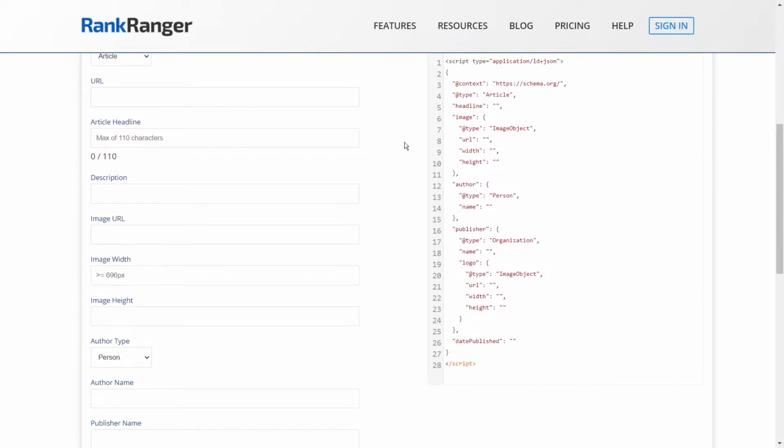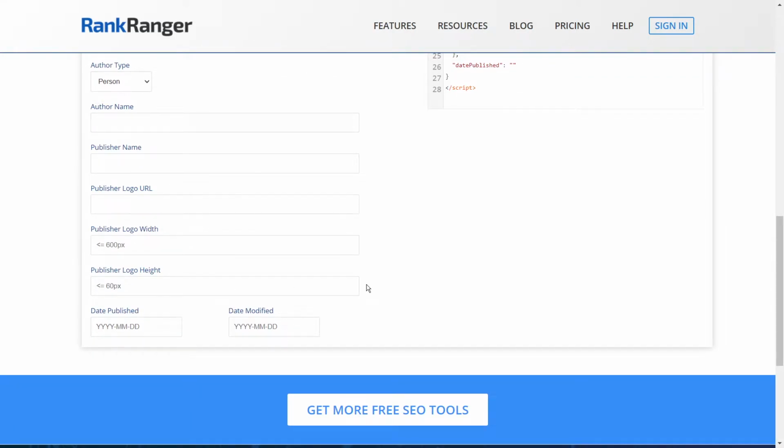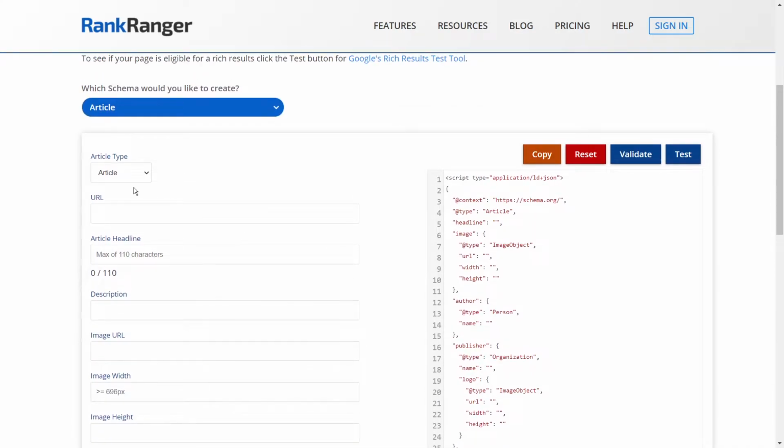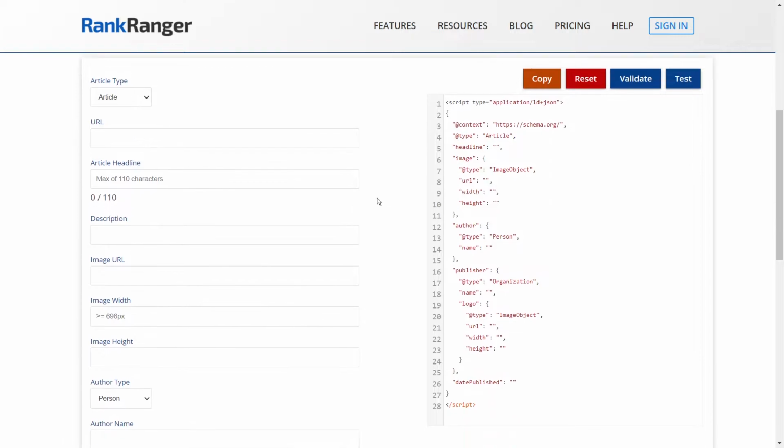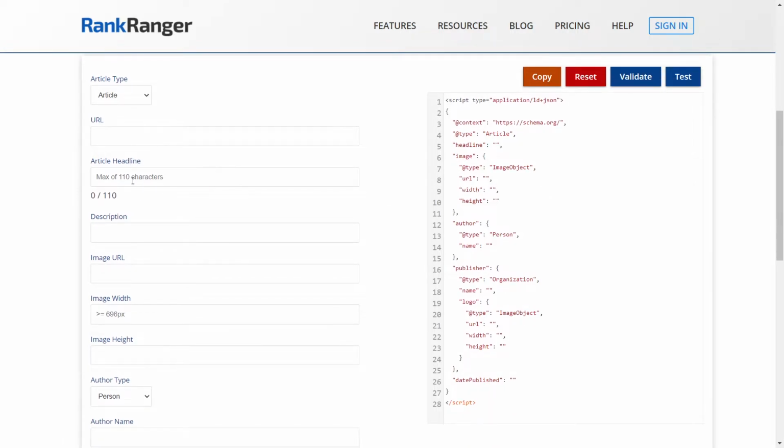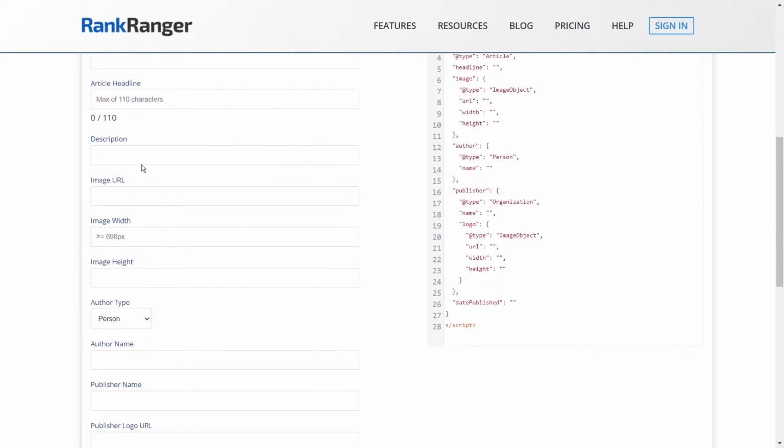The article schema type has these kinds of options that we need to configure. First of all, obviously the article type, which can be article, news article, or blog posting. You'll have to add the URL of the particular blog post that you're adding the schema on, the headline, which is the title of the post that can come from WordPress, the description of the post, and the image URL. Image URL can be a featured image or any other image that represents the article. You'll also have to specify the width of the image, which has to be greater than or equal to 696